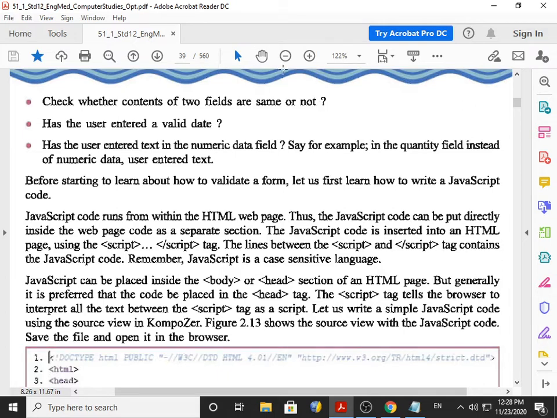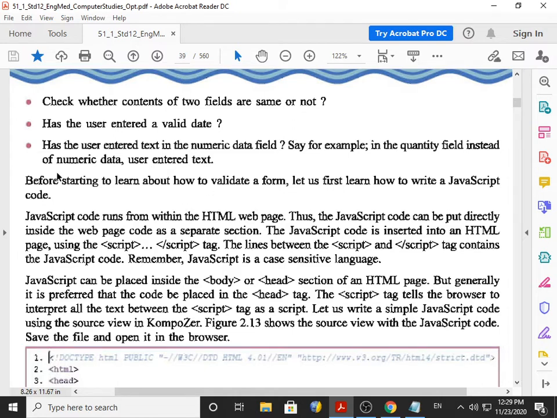Then, has the user entered a valid date, whether the date entered by the person is valid or invalid. For example, somebody tried to enter 31st February, then it cannot be considered a valid date. Has the user entered text in a numeric data field? Say for example, we are asking to enter the quantity, and instead of writing quantity, for example 4, a person enters the spelling FOUR. So these kinds of things you need to check with the help of JavaScript.